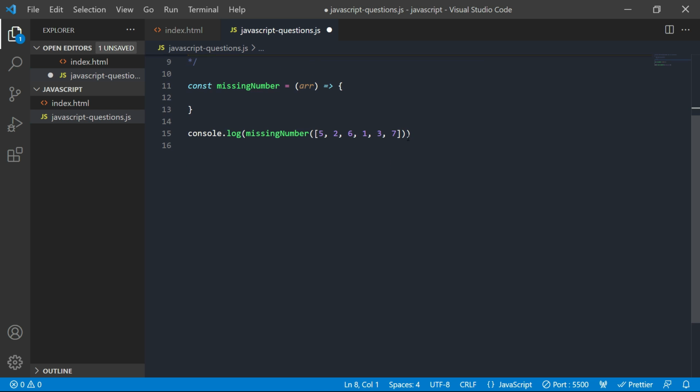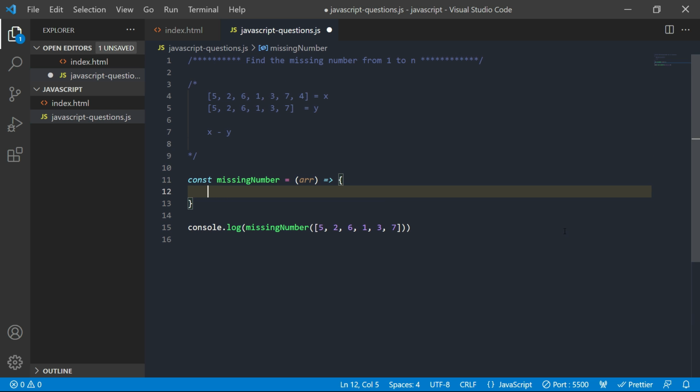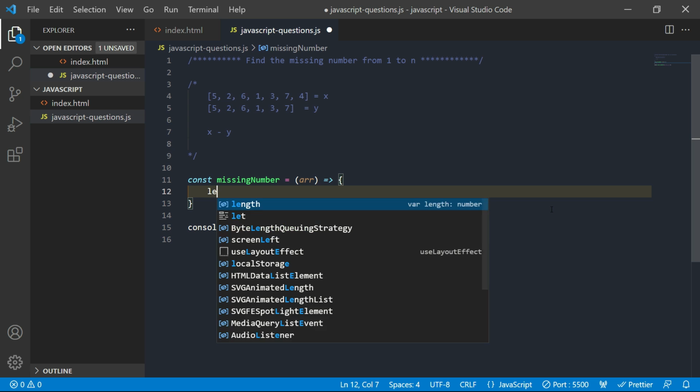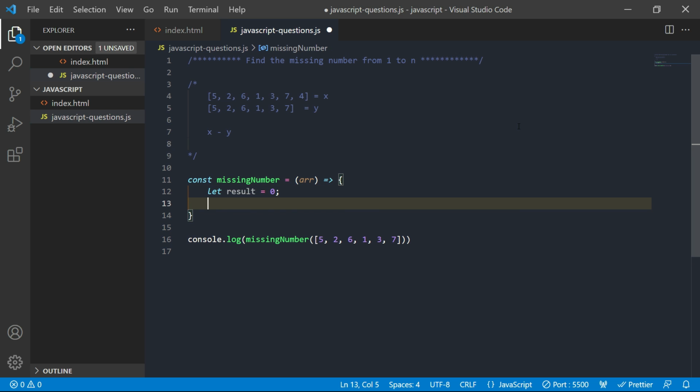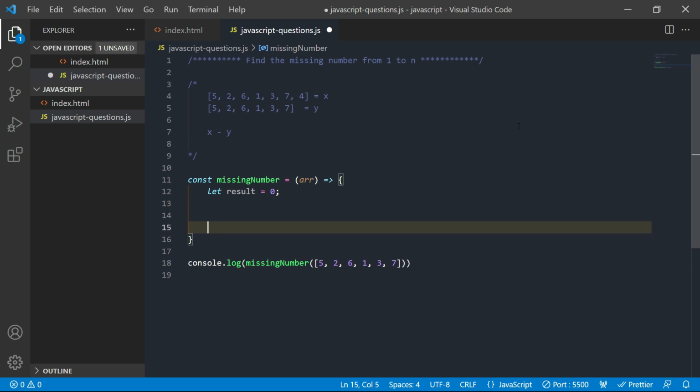Okay, so let's write it in code. Let's create a variable called result, equal to 0, and let's create another variable, total sum, which is the sum of the numbers from 1 to n.